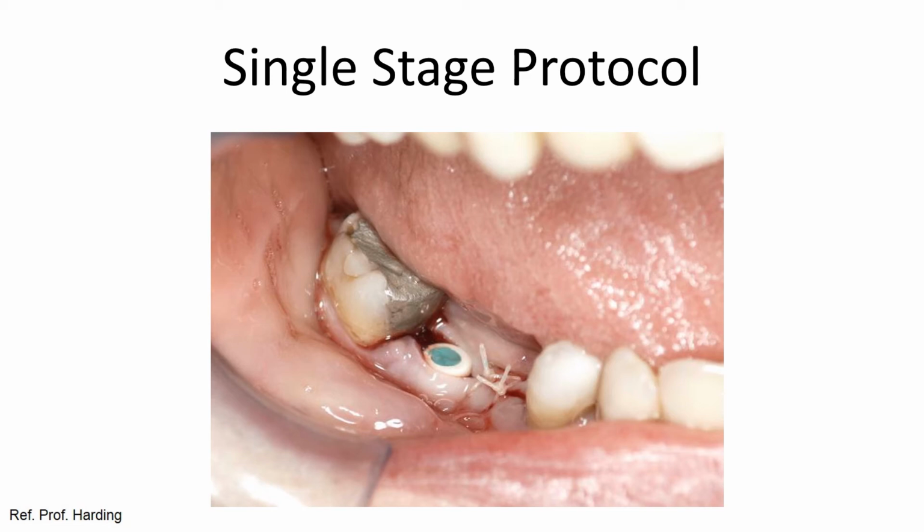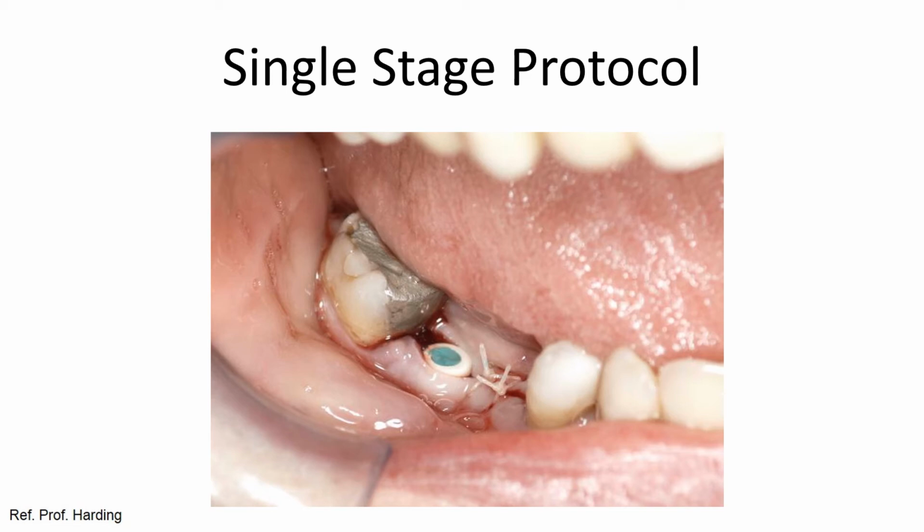It's a fixture that has been placed level with the bone, and then you've placed a healing abutment of some description on top of the implant, and then closed the tissues around that healing abutment. The advantages of this technique are, providing the patient has a healthy occlusion and dentition,